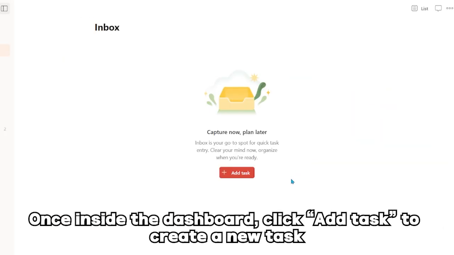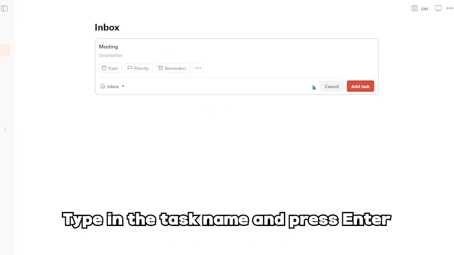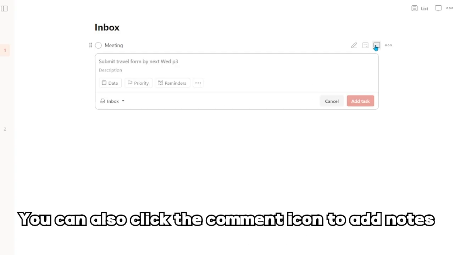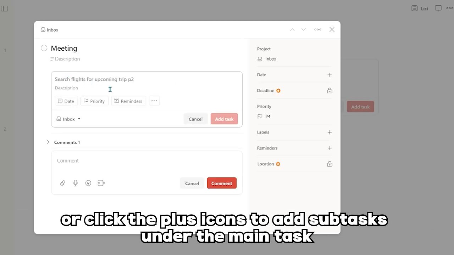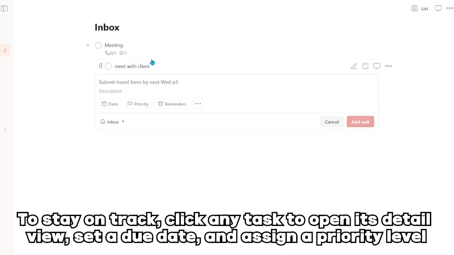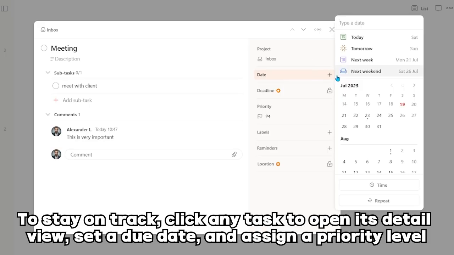Once inside the dashboard, click Add Task to create a new task. Type in the task name and press Enter. You can also click the comment icon to add notes or click the plus icons to add subtasks under the main task. To stay on track, click any task to open its detailed view, set a due date, and assign